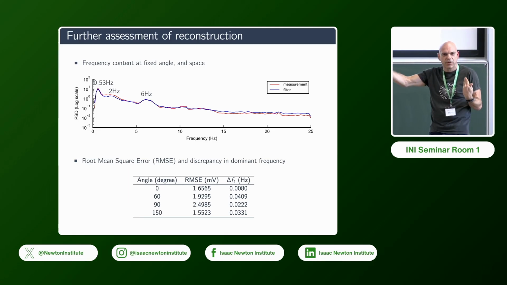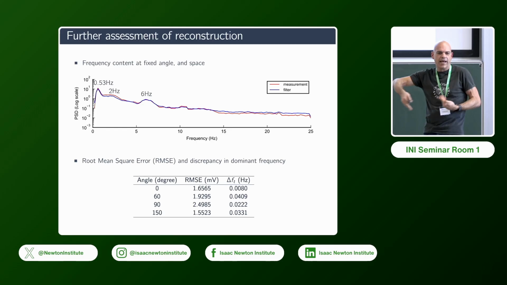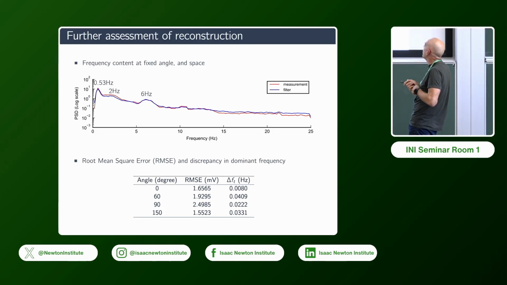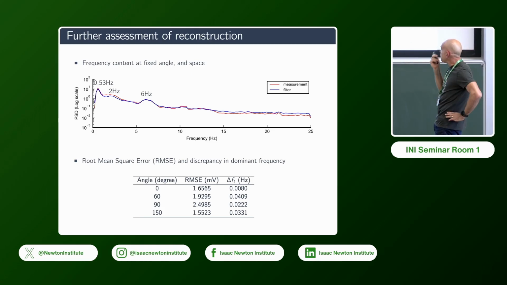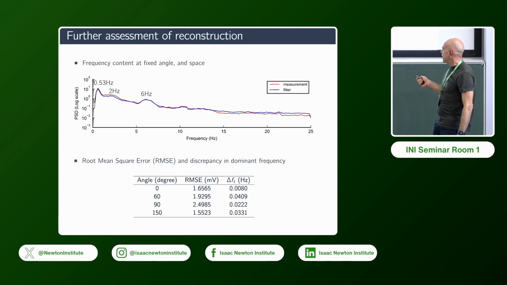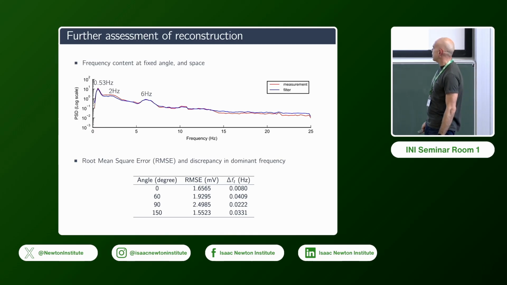Yeah, I have about hundreds of spatial points and the 4 parameters for them. So it's not a given that this should work this well, but it seems to be working surprisingly well, in fact, at picking up frequencies also in the very high band. And of course, because we don't just code and hope, we also try to quantify a little bit what is the root mean square error across time, and also what is the frequency shift that the algorithm does across different angles. Remember that all my data set is angle based, and this seems to be working all right across all angles.